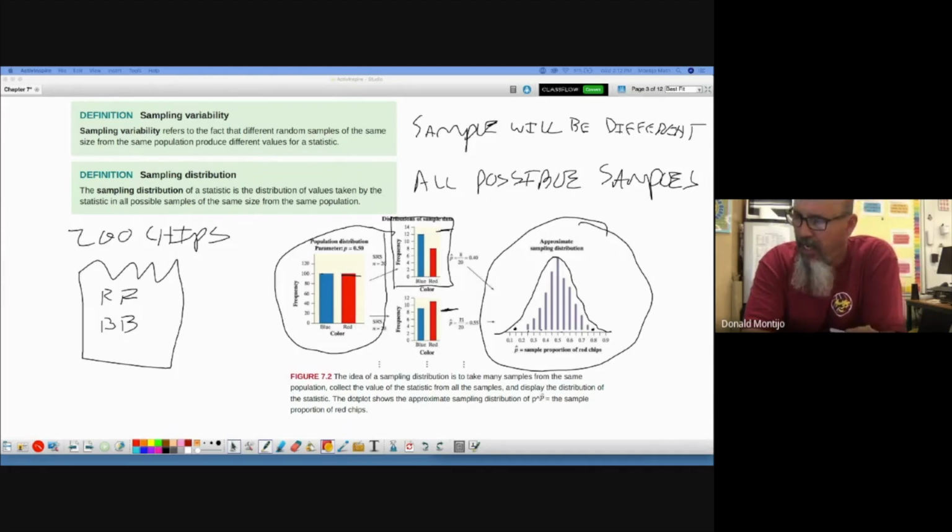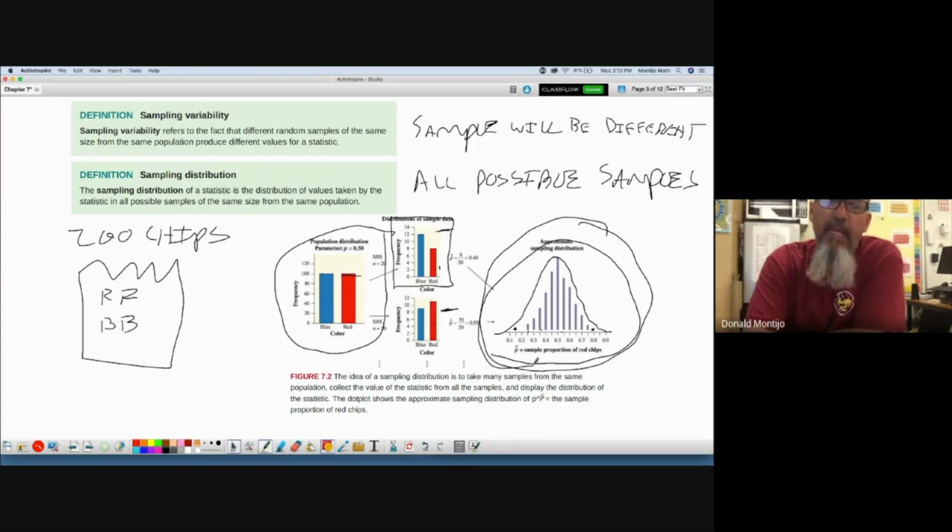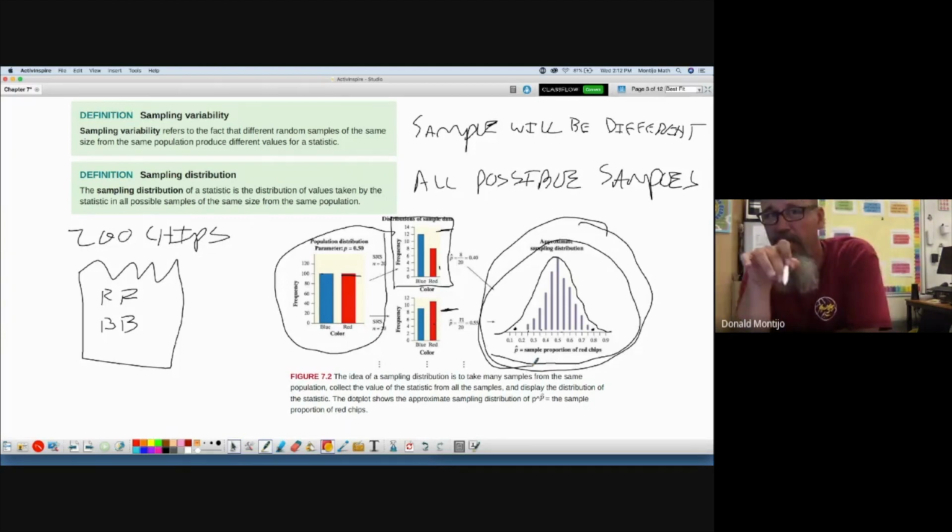Okay? And as we looked at these graphs, we saw the different samples that came up here, and then we saw all the different samples here. Again, if we could take the mean of the sampling distribution, we would have the true value of the parameter that we're trying to estimate. Think about it. If I took every possible sample that's there and then I took the average of all those samples, it would give me the true answer.